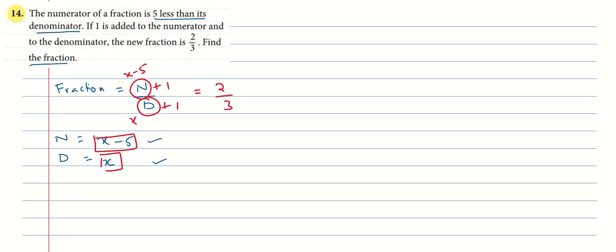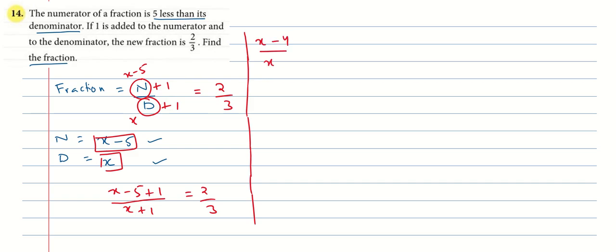x. So now the equation becomes like this: x minus 5 plus 1 upon x plus 1, and this is equal to 2 upon 3. So when we solve this equation, this will be minus 5 plus 1, minus 4 हो जाएगा, x plus 1 equals 2 upon 3. Now we will shift this entire x plus 1 on the opposite side and this 3 over here, क्रॉस मल्टीप्लाई करेंगे. 3 मल्टीप्लाई हो जाएगा x माइनस 4 के साथ और 2 मल्टीप्लाई हो जाएगा x प्लस 1 के साथ.